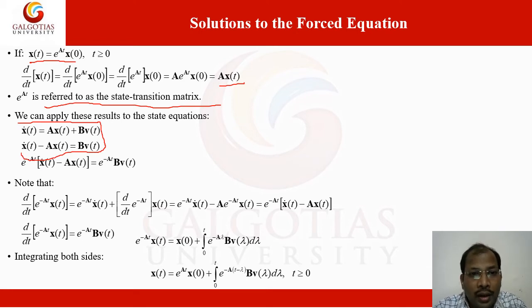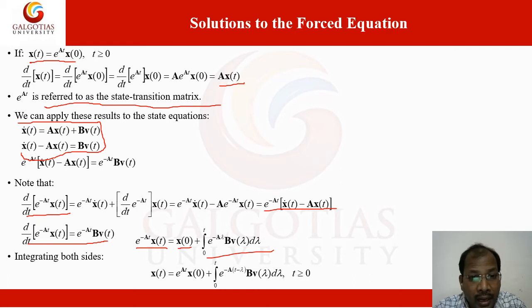We have considered the already given state space equation. So x dot, we can take to the left side and write it this way, where the presence of the input is written. Overall, from this equation we can write e to the power minus At times x dot(t) minus this term, which we have multiplied. Finally, the derivative of these terms we can simplify in this form. This is the same input. Already we have derived these terms, so we put here the initial value and this term with the presence of the input impact.